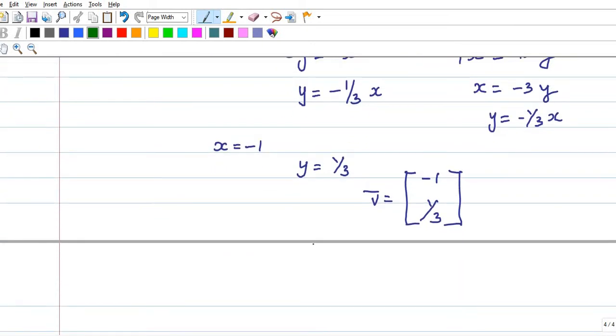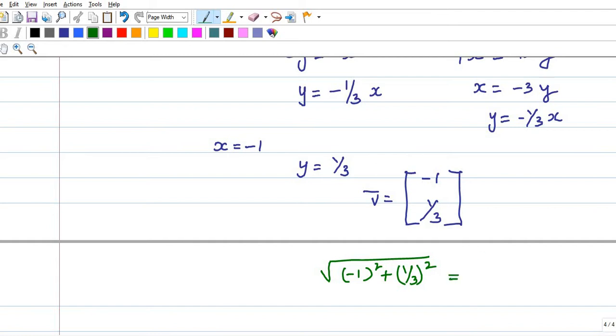We have two elements, so let me normalize: square root of (-1) squared plus (1/3) squared.